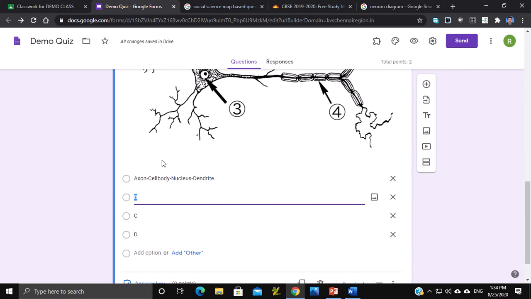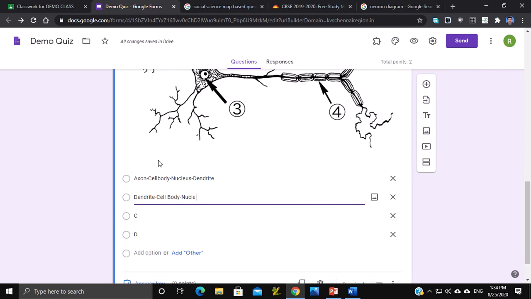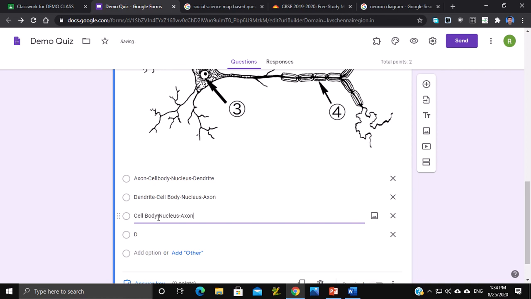Next one is dendrite, cell body, nucleus, axon. The third one is similar, and similarly we can have the fourth one also.